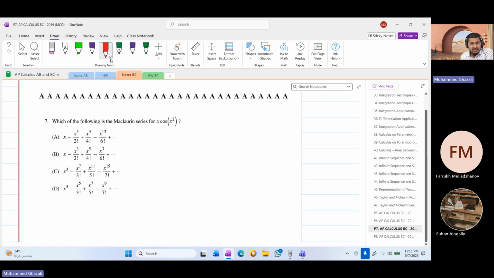So what is cos x? Cos x is an alternating series, right? So (-1) to the power n, x to the power 2n over 2n factorial, with n equals 0 to infinity. So expand cos x. It's going to be (-1) to the power 0, x to the power 0 over 0 factorial. So 1